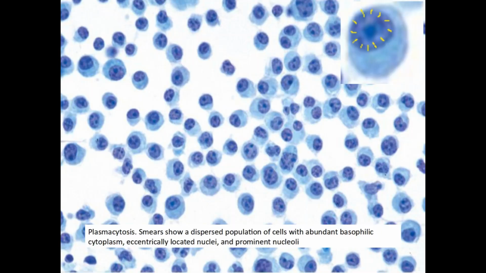This is a cytology image. Here we are seeing numerous plasma cells. I just put this image to show you the chromatin arrangement better. At the top right, I have put an inset. Here we can see chromatin arranged in the shape of a clock face. So chromatin will all be at the margin and arranged like the spokes of a wheel or clock face.